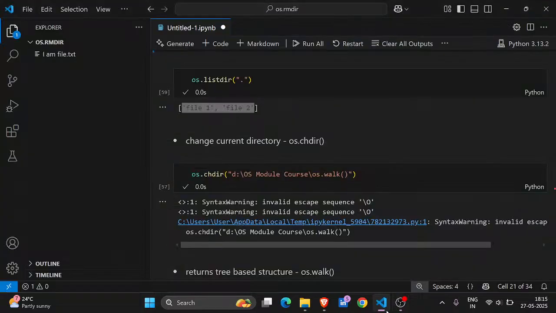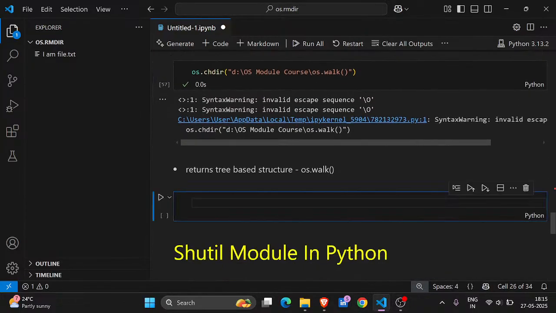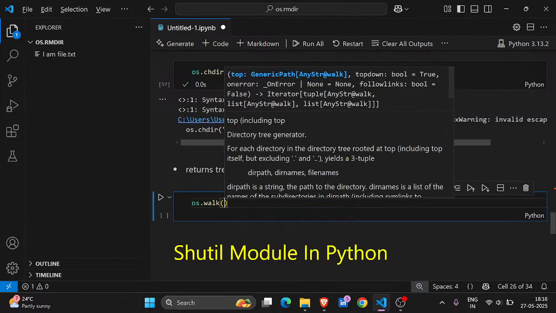Okay, so now the main power, the main magic of the os module is coming. I said you can iterate over nested folders and check if your folder is empty or not. For that, you can simply use os.walk. That is our next topic. In os.walk, I think it is better to just show what it will do. If I say os.walk, it will expect a